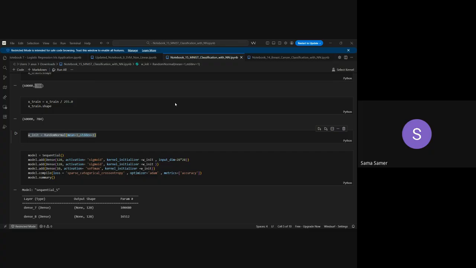So what does RandomNormal do? This is the first question that we can ask. This is for initializing the weights that we have, by sampling random values from a normal Gaussian distribution, where the mean is equal to 1 and the standard deviation is equal to 1. This is a Gaussian distribution to initialize our weights. Why do you need a random initialization?